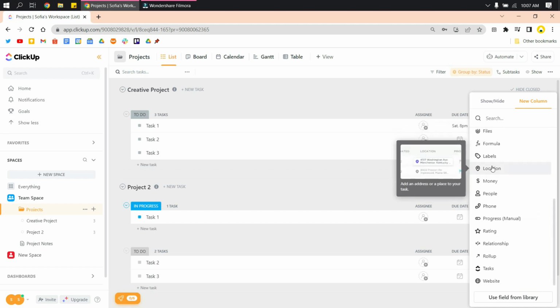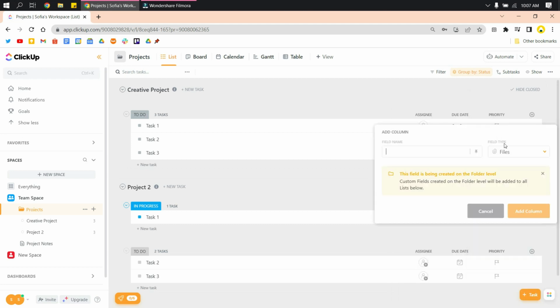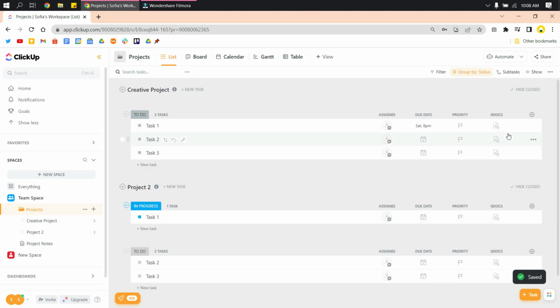But I also often use the files. So sometimes when I'm working with contents, I usually link gdocs link. So you could do that with every different attachments, file attachments that you are often using. So the same goes with other projects. Now let's try to navigate through